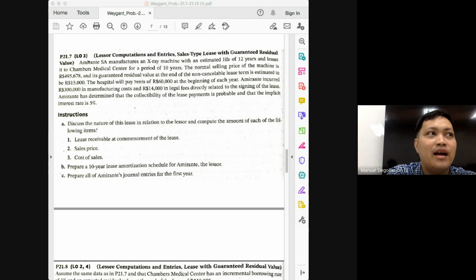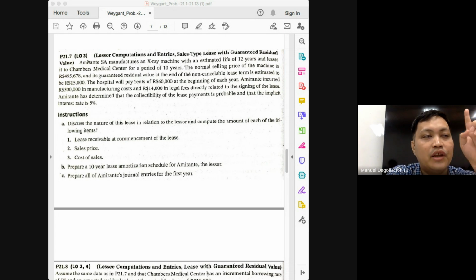How much was it again on January 1 after the payment? January 1, year 1, after the payment, it was 435,678. But because of the interest that was earned, which would be included in the net carrying amount of your lease receivable,